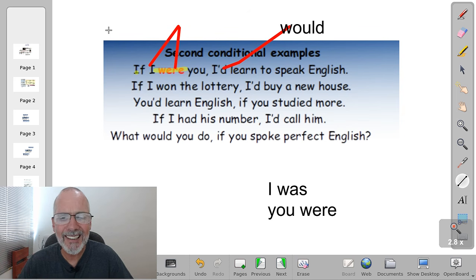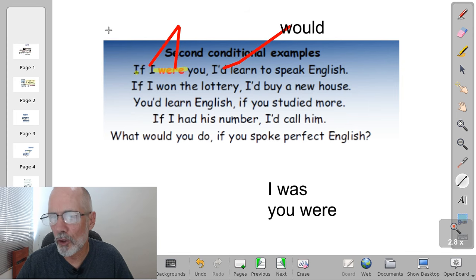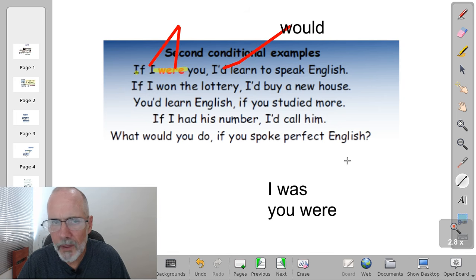Although some native speakers would say, if I was you. I'm not sure that it's officially correct, but a lot of native speakers say it, if I was you. But it sounds better to use were. We don't normally use was in these conditionals. We use were. If I were you, I'd learn to speak English. The next example is,